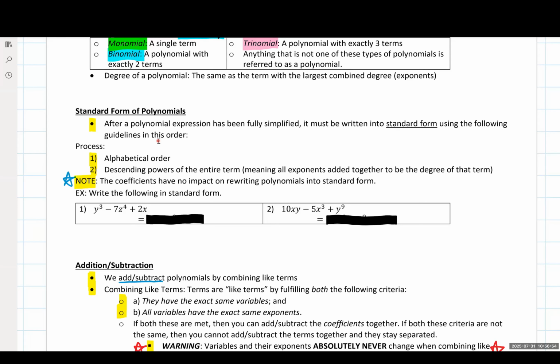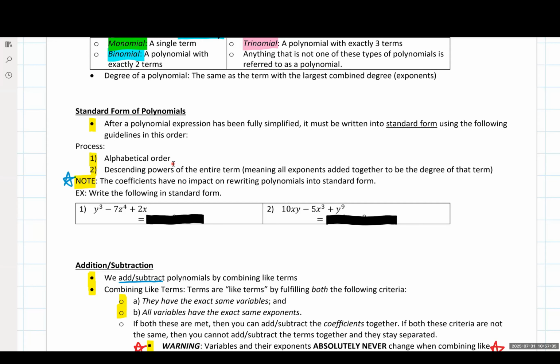So if I've added some things together, if I've subtracted some things together, okay, great, no problem there. After I've added and combined together everything I can, I now need to make sure that everything is written in the correct order or standard form. So our first requirement is that the first terms are listed in alphabetical order. And with this, I will just be looking at, does this term contain a variable? Yes or no. If it does contain a variable, we list them first and foremost by alphabetical order. So everything that comes first in the alphabet is going to get listed on the left.